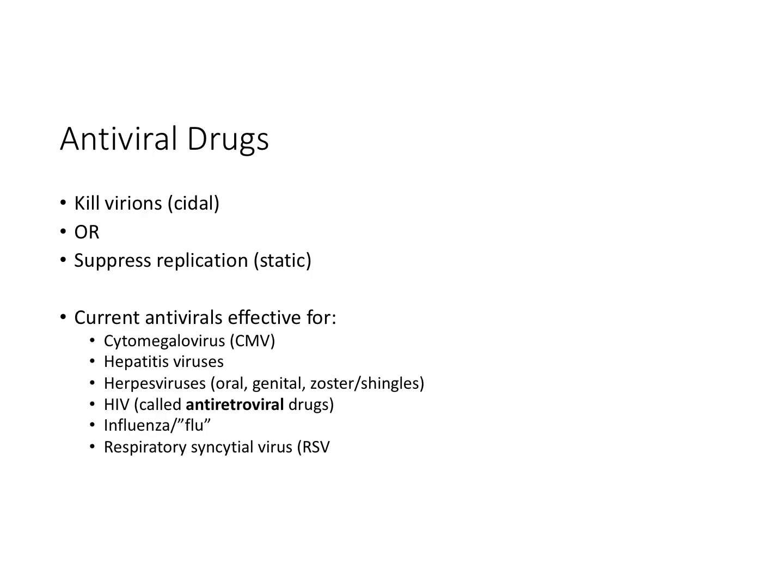So there's two different types. There are antiviral drugs that kill virions, kind of thinking similarly to bactericidal, or they suppress replication, which is like antibiotics that would be bacteriostatic. So current antivirals are effective for mainly the following viruses, and there's always new things coming out, but at the time of your textbook and right now,